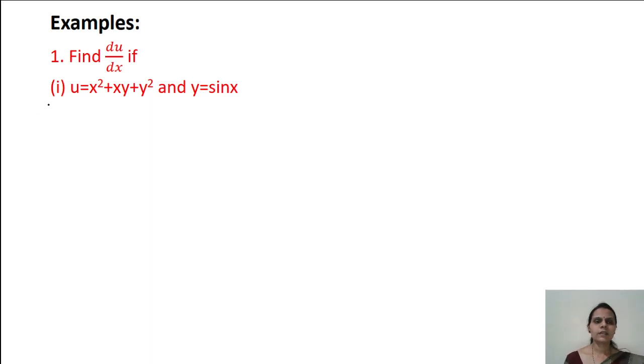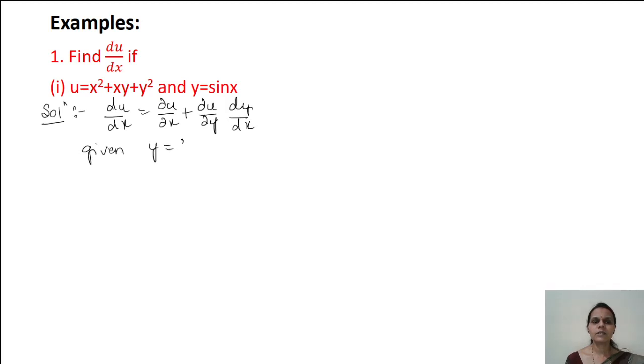Given u is equal to x square plus xy plus y square and y is equal to sin x. To find du by dx, we have the formula dou u by dou x plus dou u by dou y into dy by dx. Given y is equal to sin x, so differentiating this y with respect to x, we get dy by dx is equal to cos x. So therefore du by dx becomes